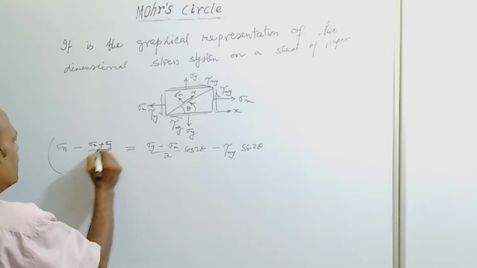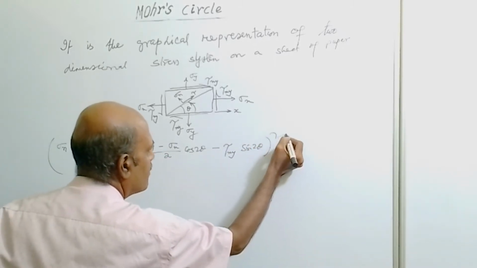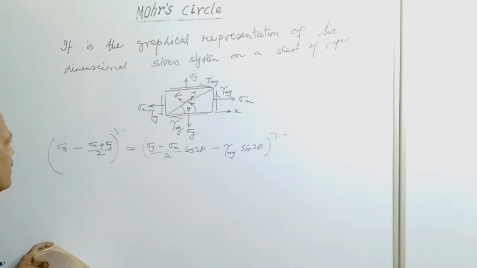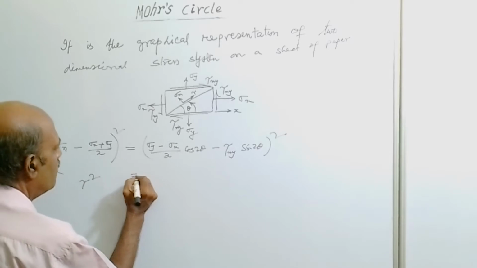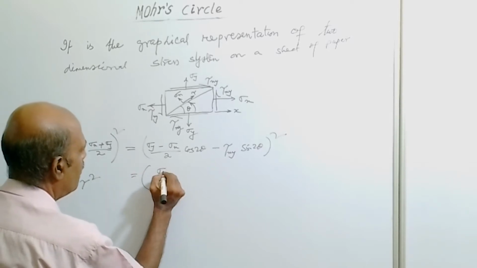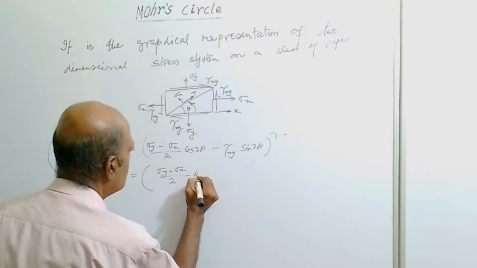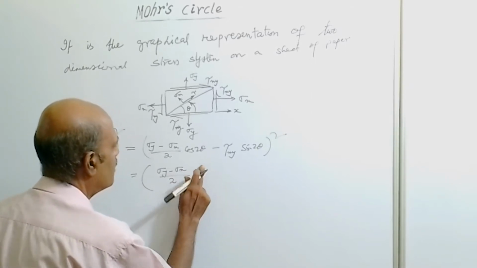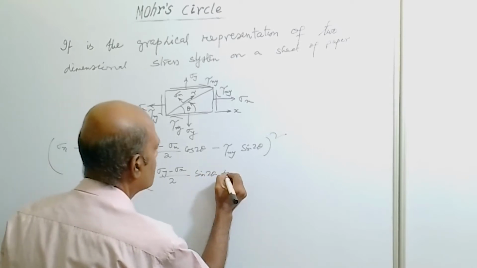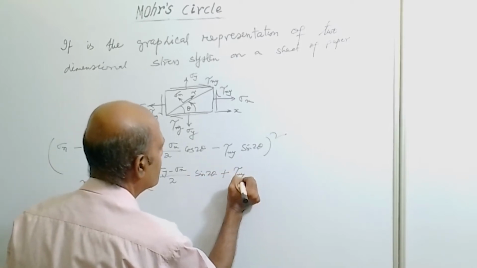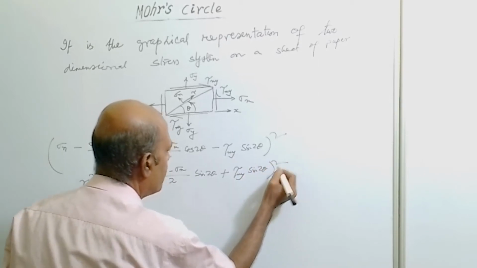If we square this equation, then this will be like this. Similarly, if we square that tau equation, it will be sigma y minus sigma x by 2 sin 2 theta